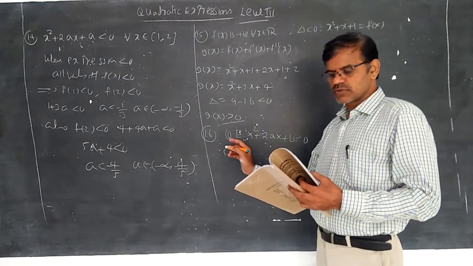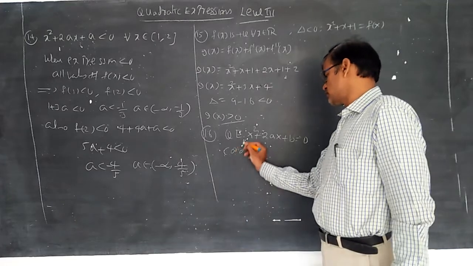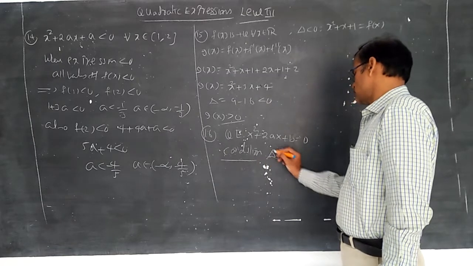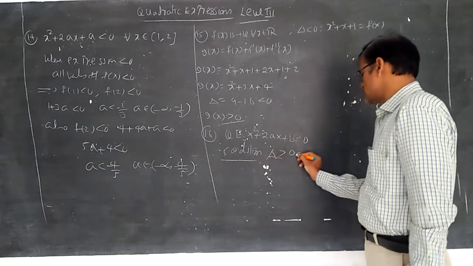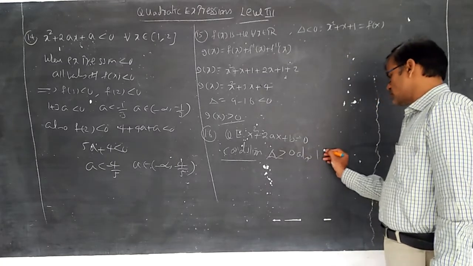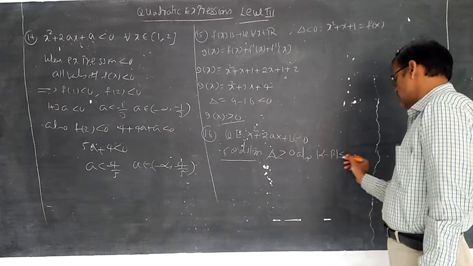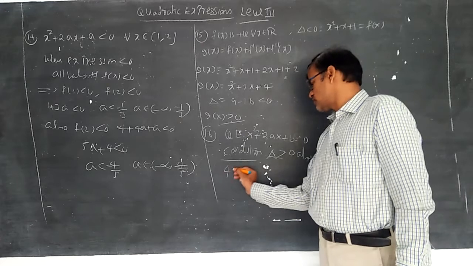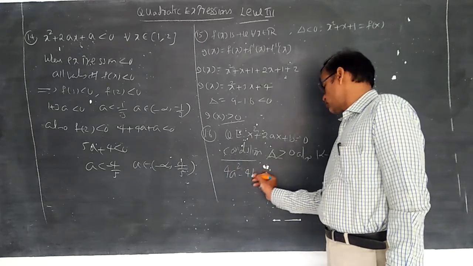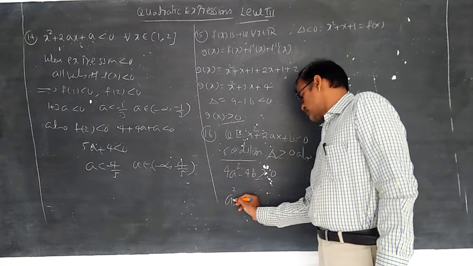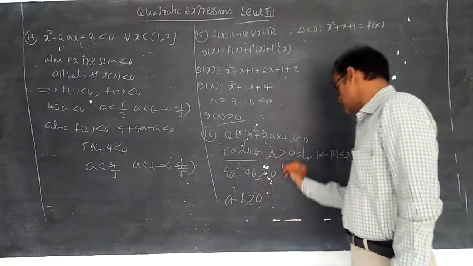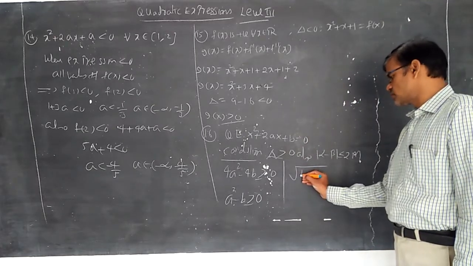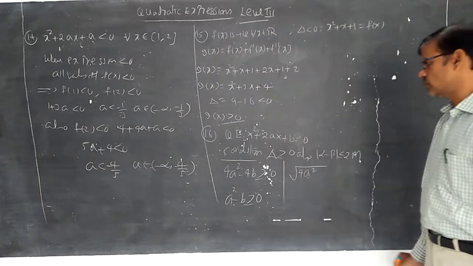We are discussing that the roots of the equation are real and distinct. Two conditions I am writing. First one, delta greater than or equal to 0 because roots are real. Also, modulus of alpha minus beta is less than or equal to 2m, at most. Delta greater than or equal to 0 means 4a square minus 4b greater than or equal to 0, so a square minus b greater than or equal to 0. Keep that aside. We know that modulus of alpha minus beta is equal to root of b square minus 4ac over modulus of a.